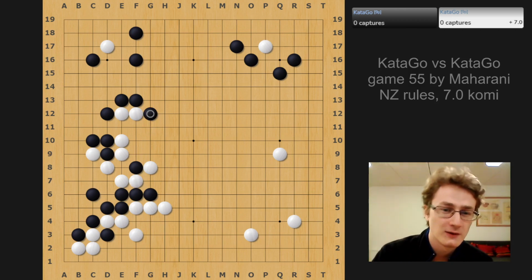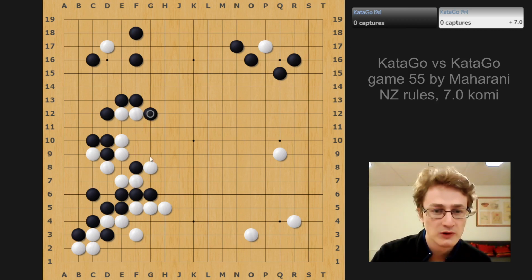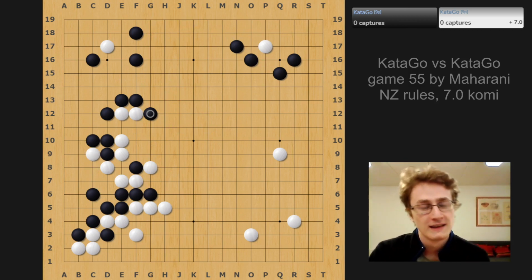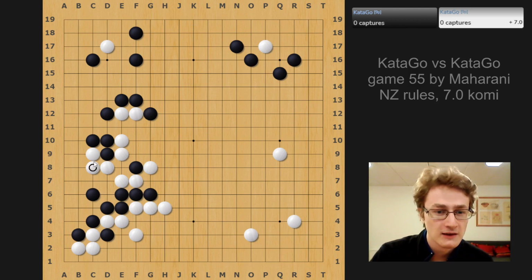Maybe it doesn't look so realistic now to attack this group at the moment, but it is sort of putting some pressure on it. But mainly this upper side is looking humongous. Like, look at this awesome influence black has up here. So black plays the hane, white connects here,